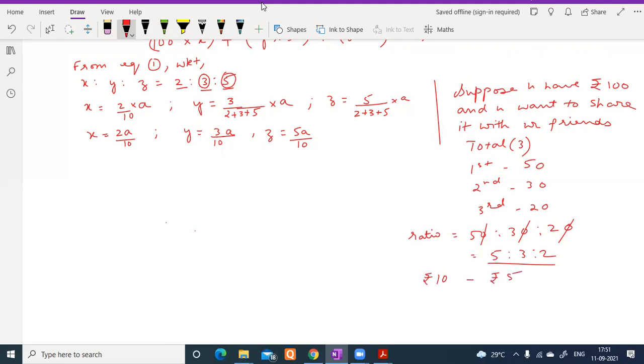Okay. So let us assume that 5:3:2 represents some amount, but the total amount it will add up to is rupees 10. Rupees 5 you get, rupees 3 your second friend gets, rupees 2 your third friend gets. If I add, the total amount is rupees 10. If the total amount is rupees 10, I get rupees 5. Just give me a second. We'll be back.